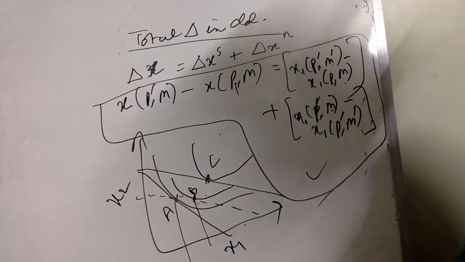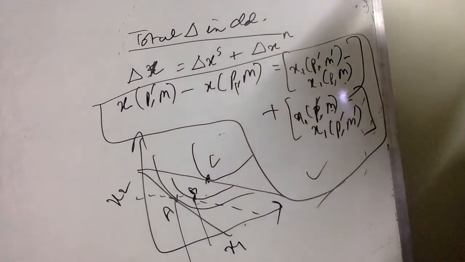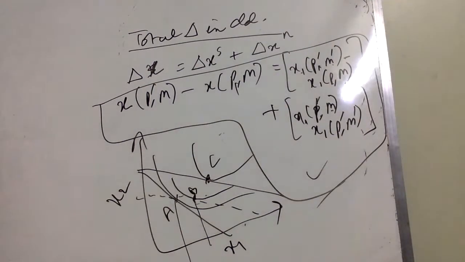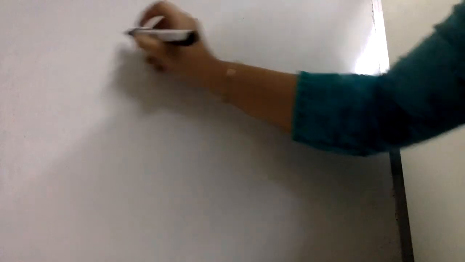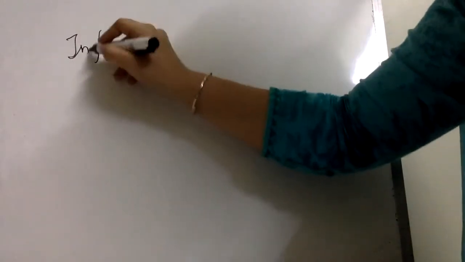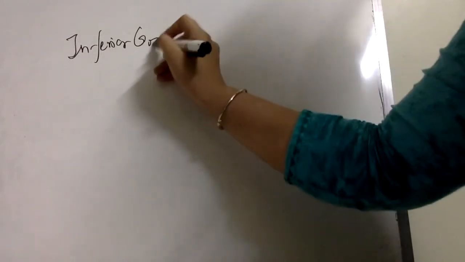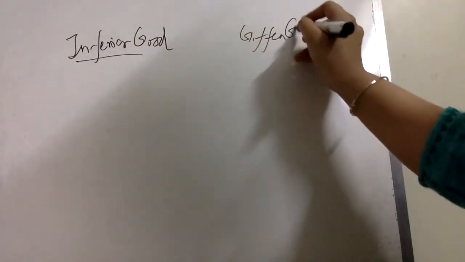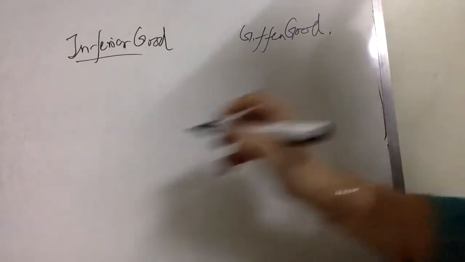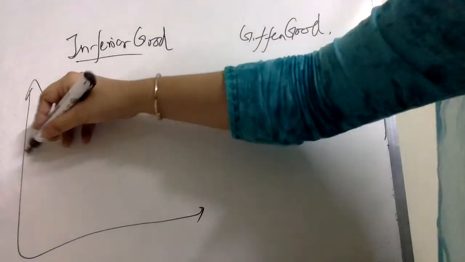Okay, so remember this thing. Now I'll move on to the case for a Giffen good and inferior good. You will better understand the Giffen good and inferior good through this analysis. So far we just discussed the case for the normal good. Okay. So on one side I'll just plot the inferior good case, and here I have the case for Giffen good. Okay. So in case of inferior good,